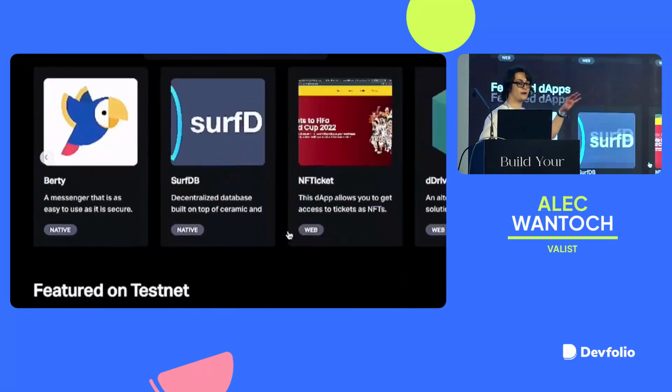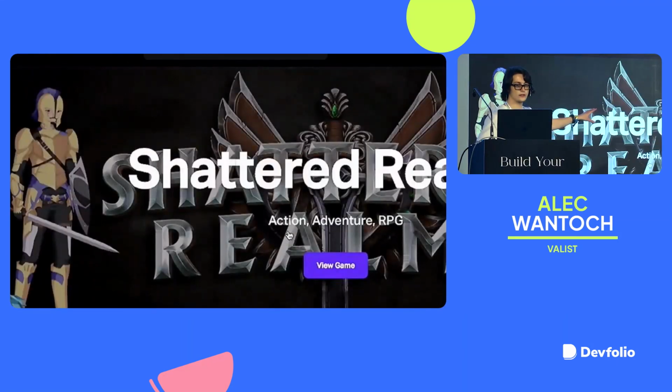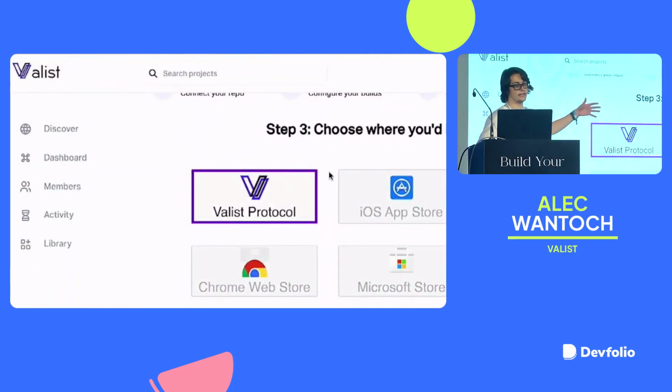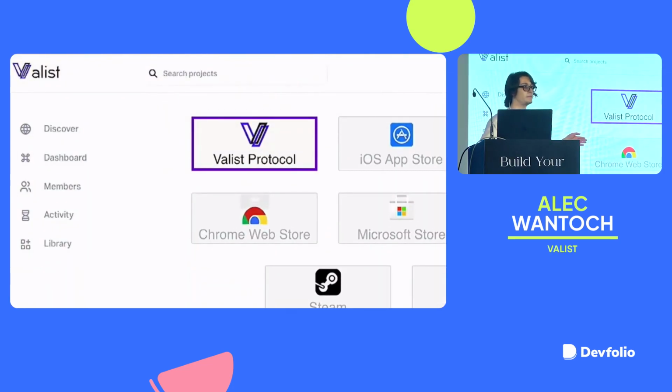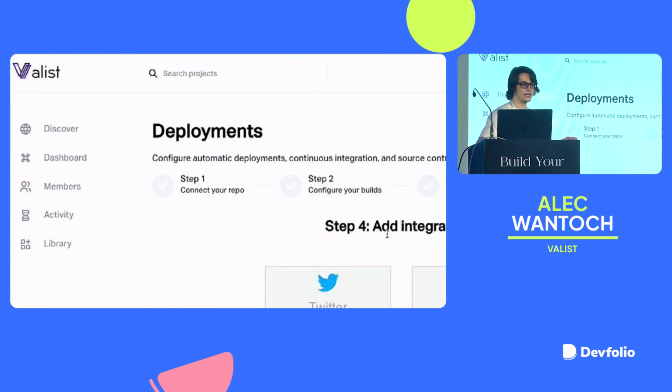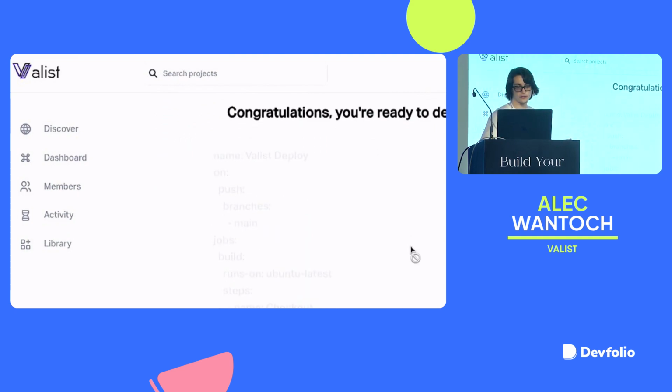So by default, you get access to this launcher here, but then we're going to be adding support to get your app in both the Web3 and Web2 app stores super easily. So you get the best of both worlds, as well as future integration where it'll post on Twitter and on Discord when you roll out a new release. But all we're going to do is click next.